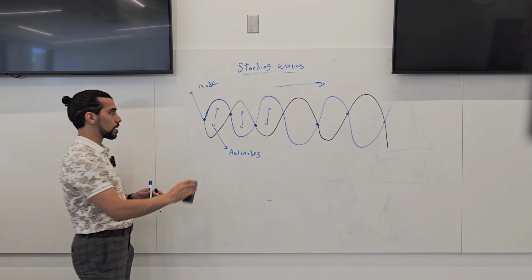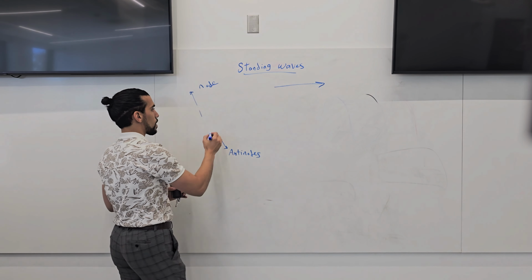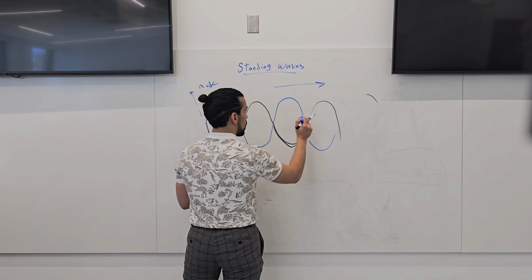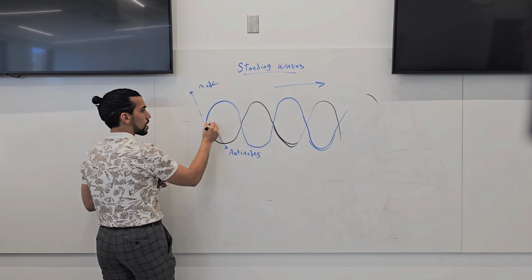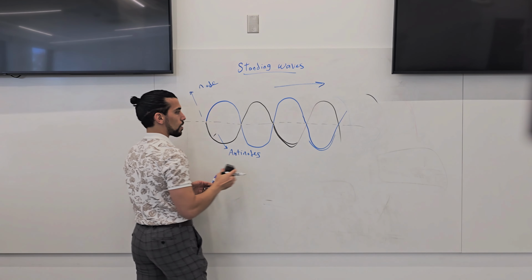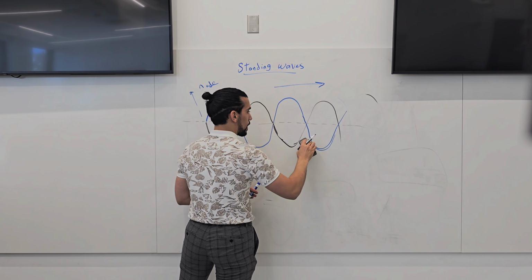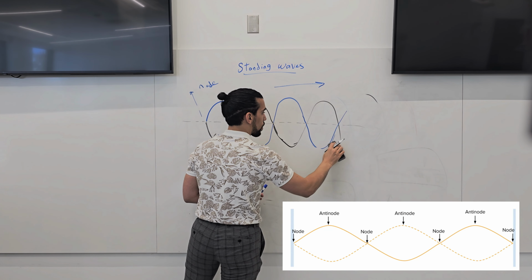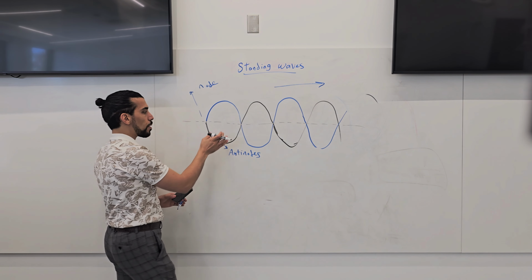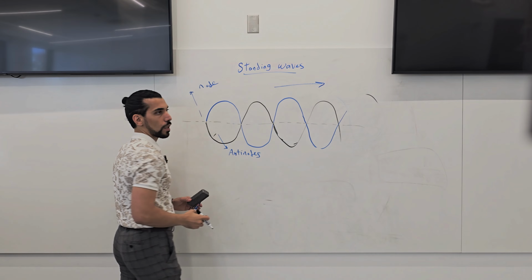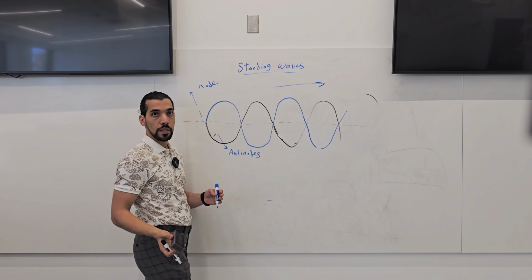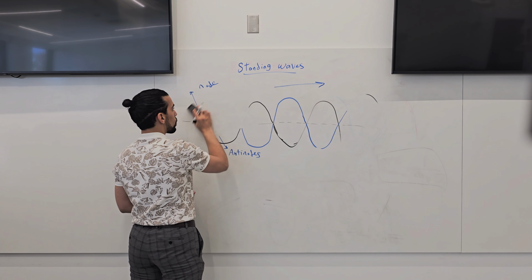So let's draw it in a better way. All these nodes are on the same line and they have the same amplitude. Sorry, it doesn't look exactly like a standing wave, but I think you understand the idea. So here, the number of antinodes represents the mode of operation. Okay? So how to do this in real life, or in our example, what we are going to do is